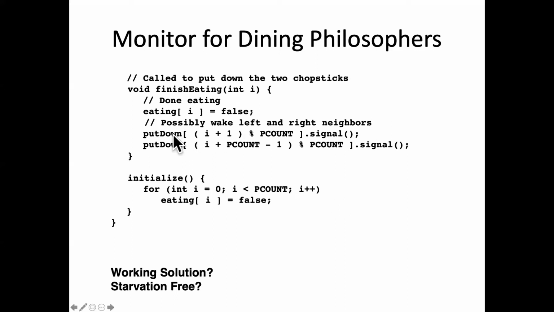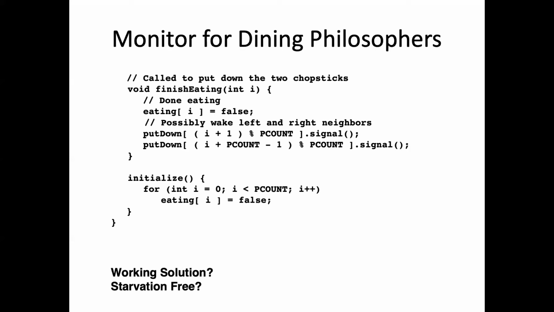But here, if we finish eating and we poke our two neighbors, we signal on their condition variables, and let's say they weren't waiting, well, no harm done. That signal just gets ignored if no one's waiting on that condition variable. So this solution is better than some of the ones we talked about. It would let multiple philosophers eat as long as they can have the chopsticks they want. It should be deadlock free, but, and I think we said this before, there is a risk of starvation in this solution. Even if philosophers always eventually finished eating,